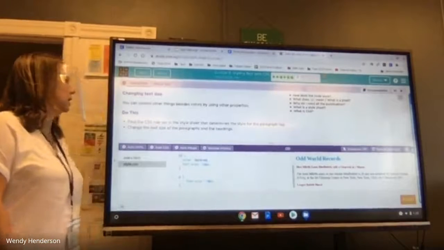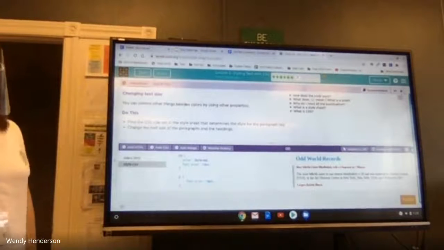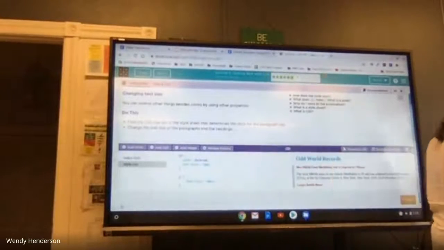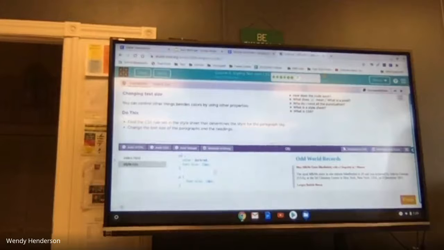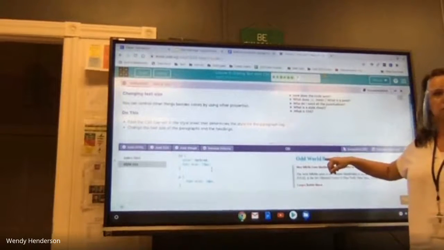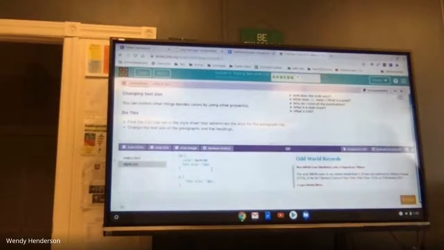Change the text size of the paragraphs and the headings. So we change everything to whatever we want? Yeah, but just make sure it makes sense. Your heading should be the largest, and then it goes down from there. So if we did